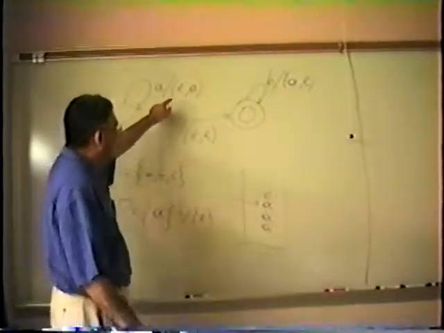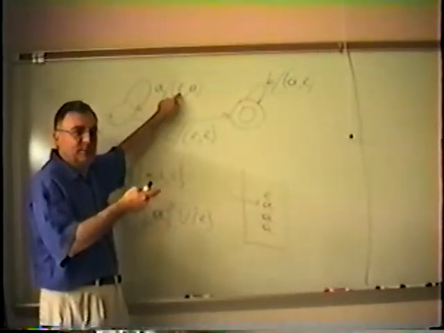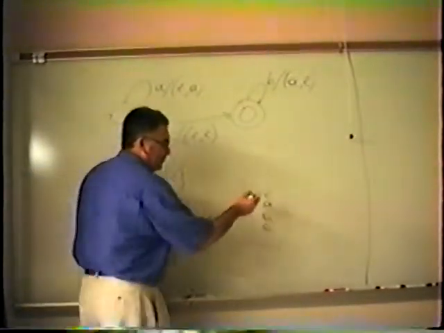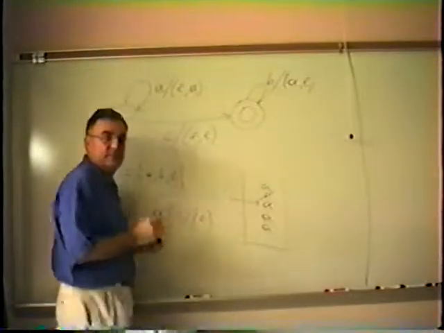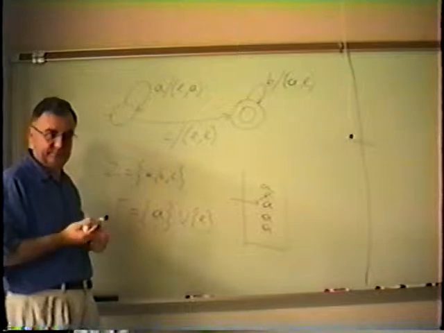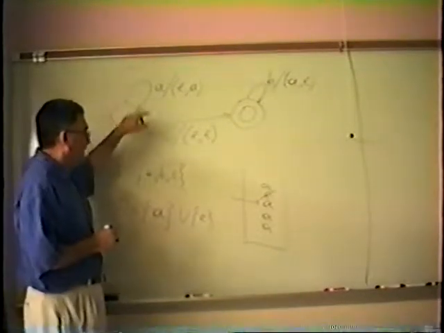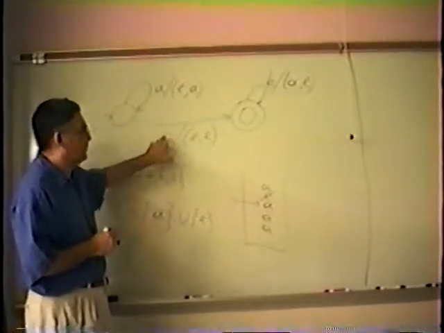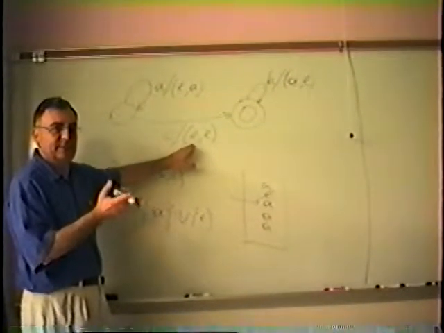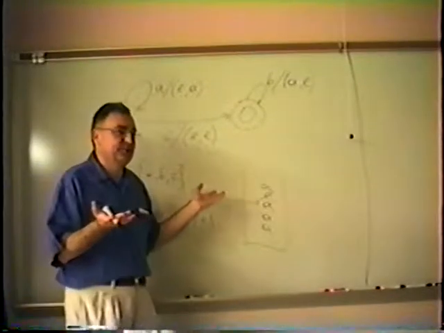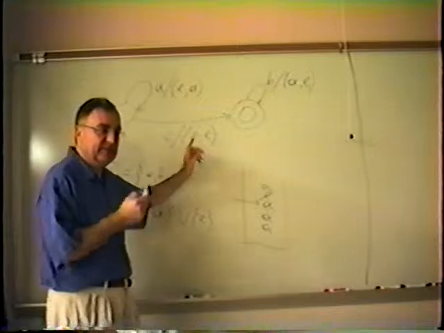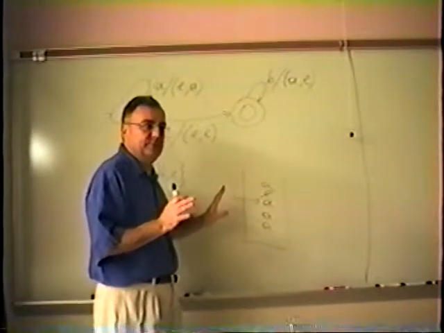So this means if E is on the top of the stack, well, it's always there. Replace E by A. This is, as we said, like pushing A. So if you see an A on the tape, you push it on the stack. What does it say if you see C on the tape? Replace nothing by nothing. It does not touch the stack, leaves it alone. Replace E by E on the stack means do nothing